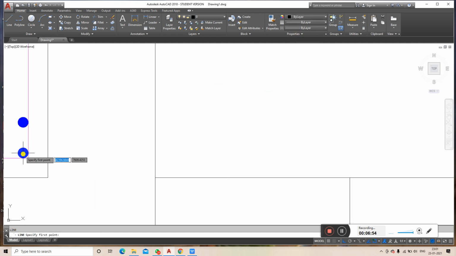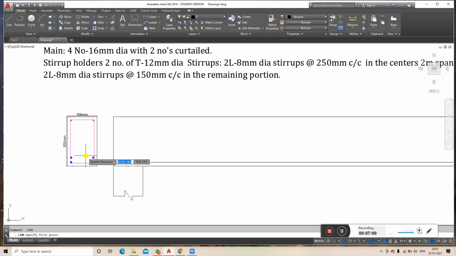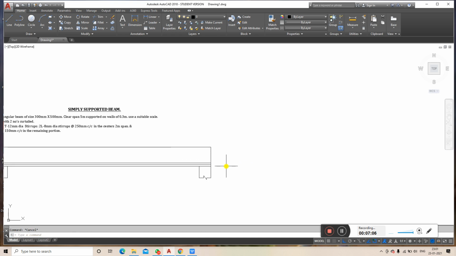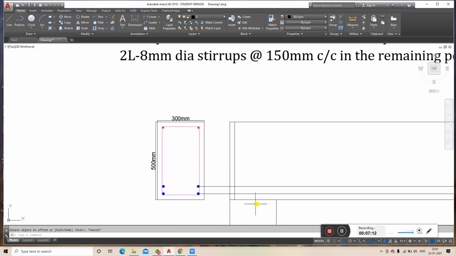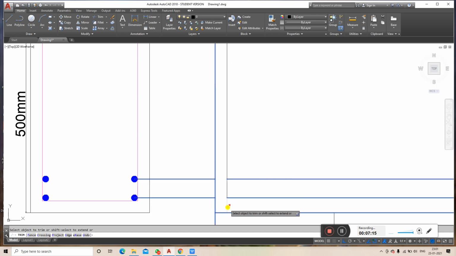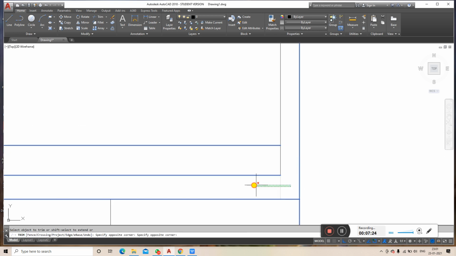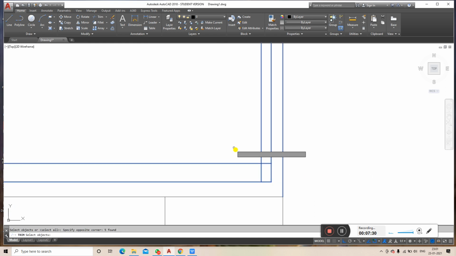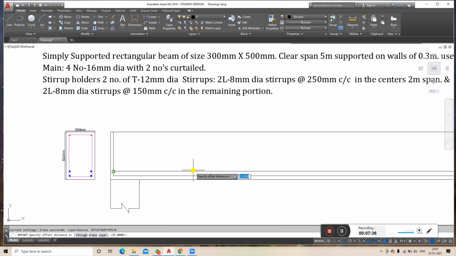Now I'll take the center of the longitudinal bars in two layers. I'll take again an offset of 30 mm on either side. Again I know the spacing of one bar layer to another should be a minimum of 25 mm, so I'll be using this. Minimum 25 mm should be provided on either side.